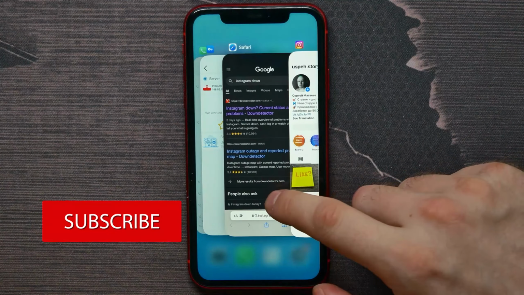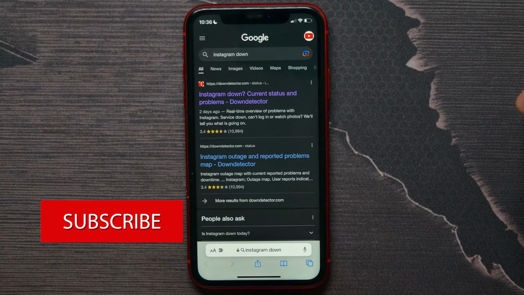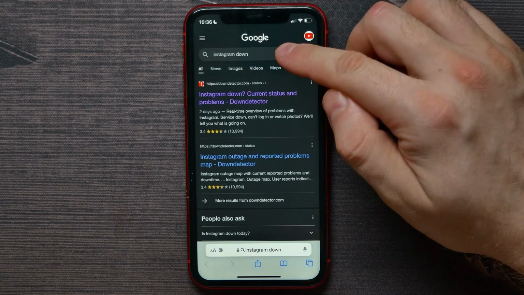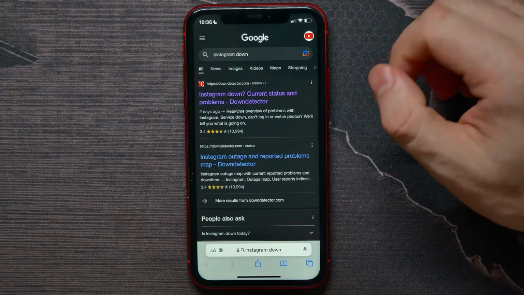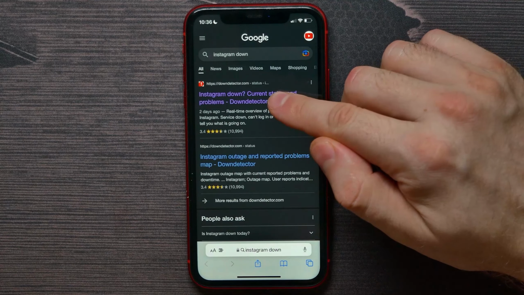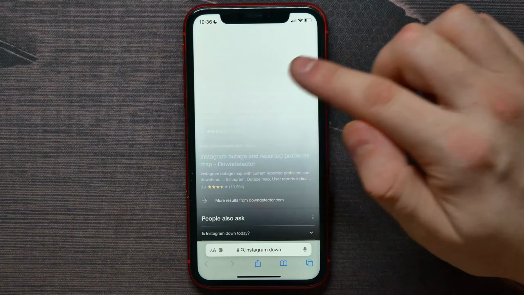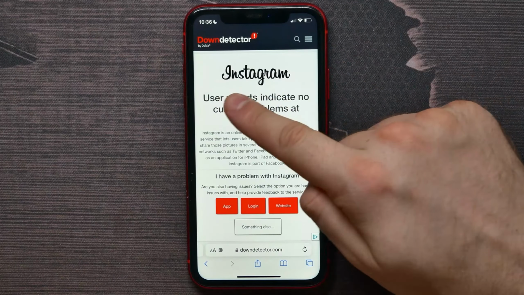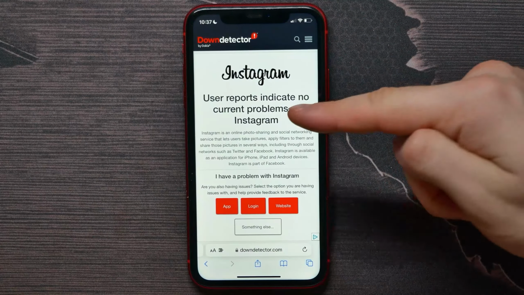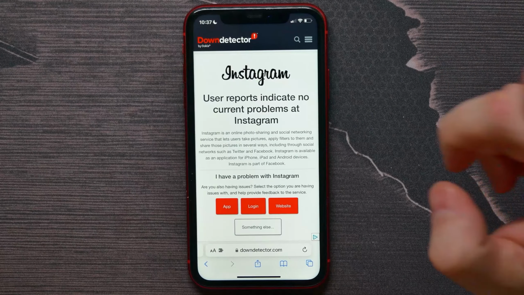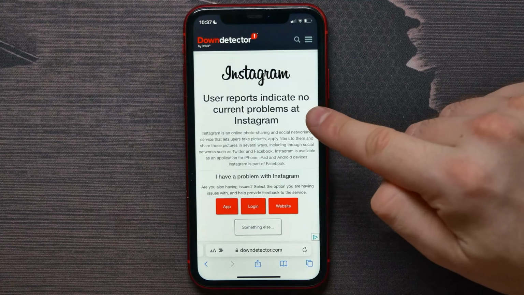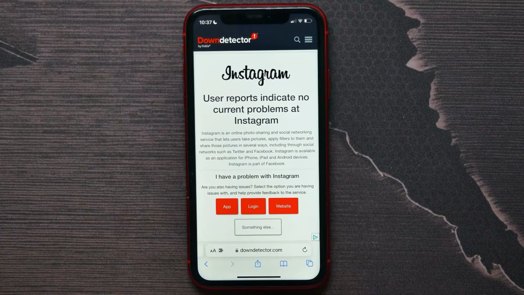really is. So open up your Safari browser and here in the search bar type in Instagram down and hit on that link to open up a website called downdetector.com, and there is an Instagram page on that site, and right there at the very top we see the current status of Instagram reports